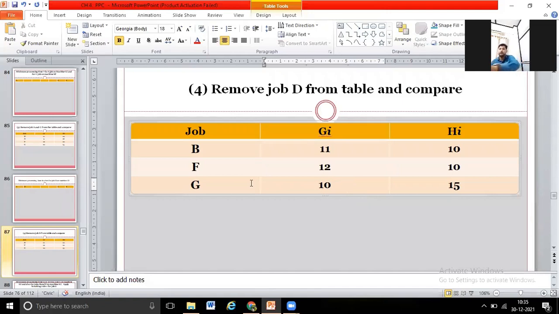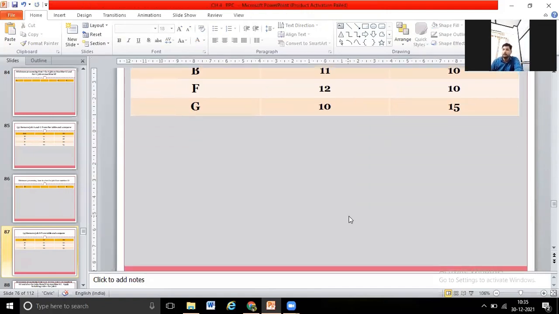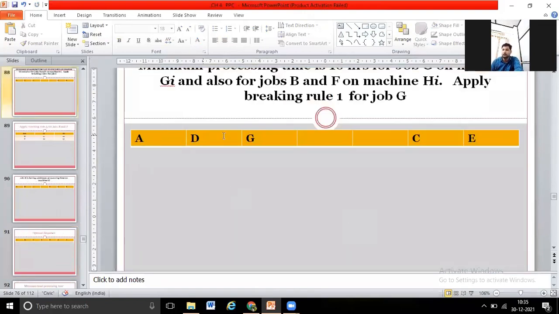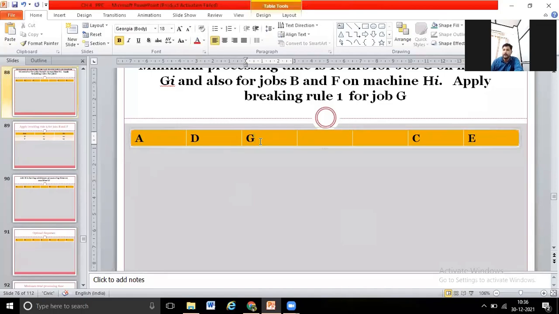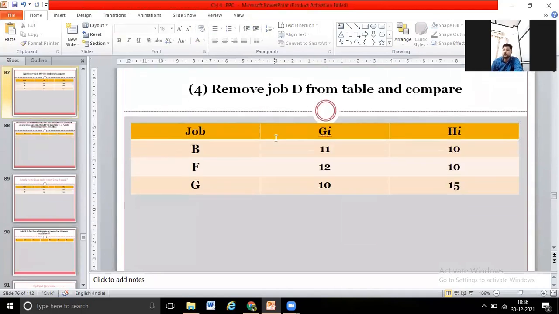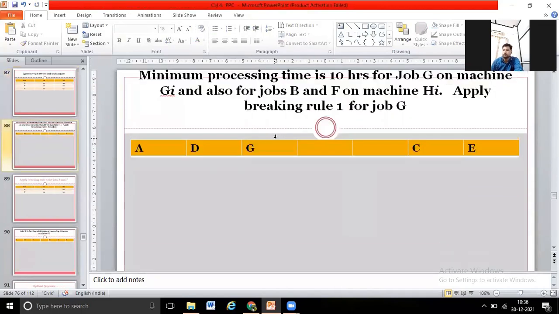So first of all, we will remove the competition of the G job and we will provide the location for the G job. Okay, so in the sequence for the remaining 3 blocks, the highest priority will be at the third position for the G job. So in the sequence, we can provide the G job at a third position and highest priority will be given for the remaining 3 blocks.